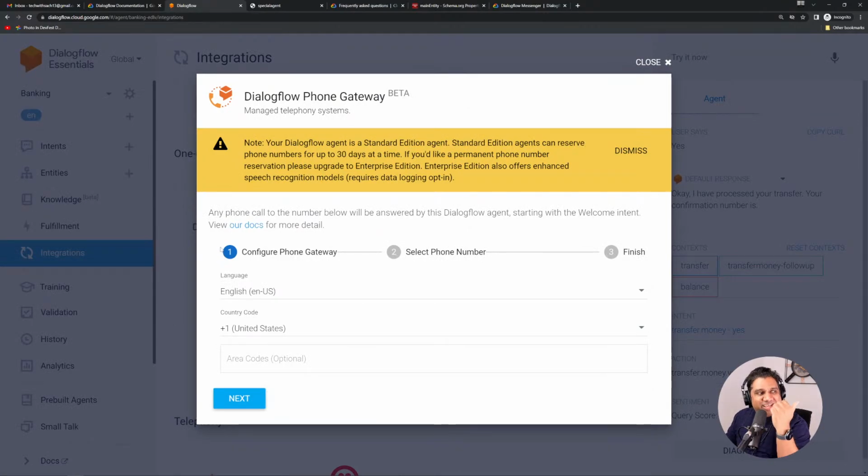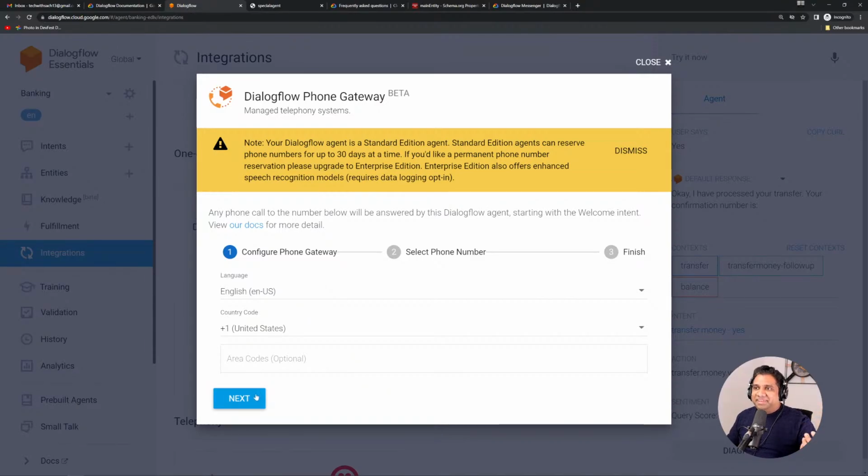You remember that I was telling you the frustrating part about current customer care in banks is you need to go through the whole IVR process. What we're trying to emulate over here is how we can use the same bot that we currently have